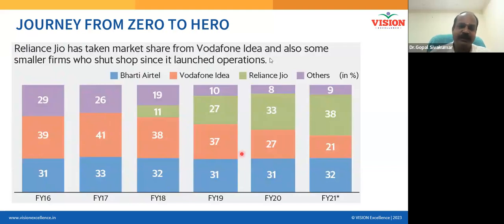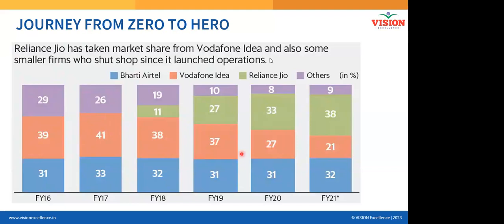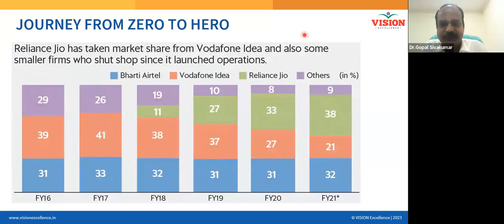And now a new company known as Reliance Jio. Their vision is they want to become number 1. They want to see their mobile network in the hands of each and everyone in India. That is their vision, isn't it? So with that vision, they started the company, and see here, in the first year, they acquired a market share of 11%.